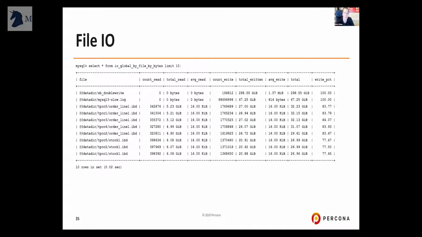Another interesting thing you can find in this performance schema is file IO, right? You can see in this case, if I take a look at the table, I can see for each of the files, which roughly correspond to the tables in my case, because I'm using InnoDB file per table and don't use partitioning, the number of reads, number of writes, the average write size. I can see wherever I'm getting more reads and writes, which can be very helpful to understand the IO pattern